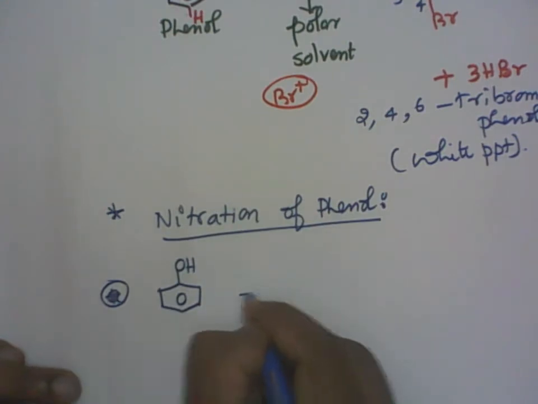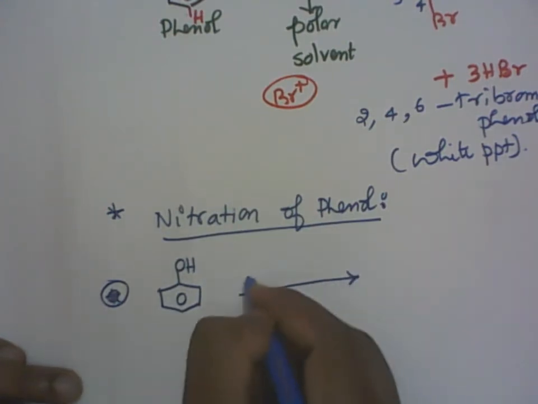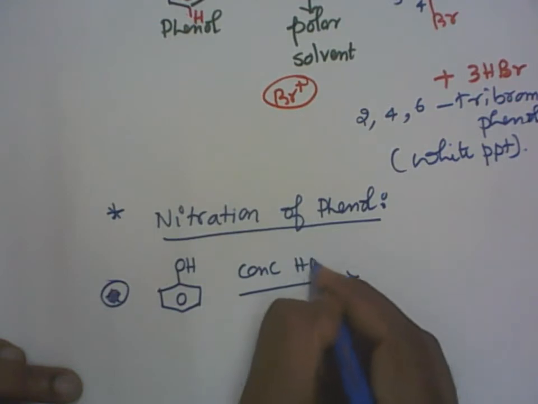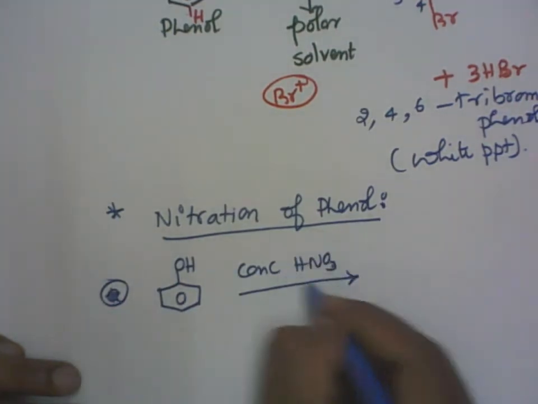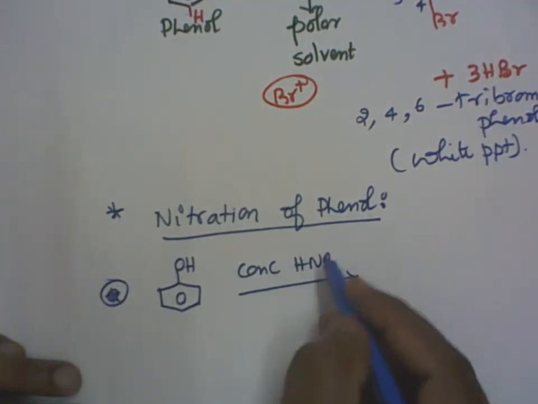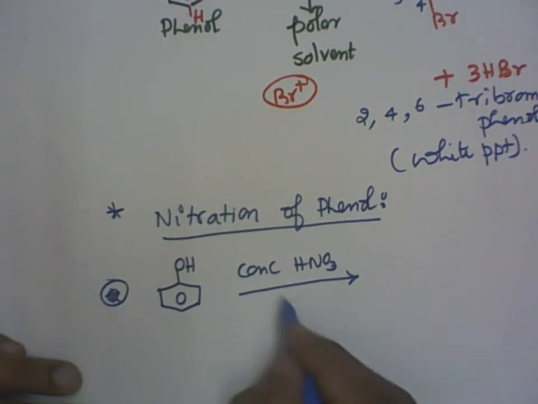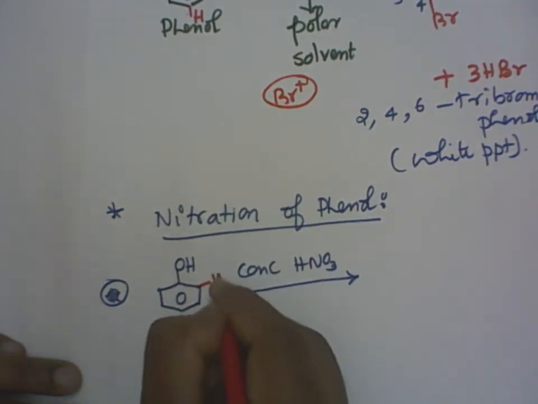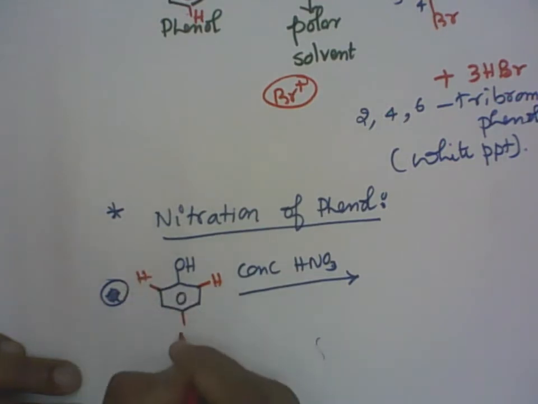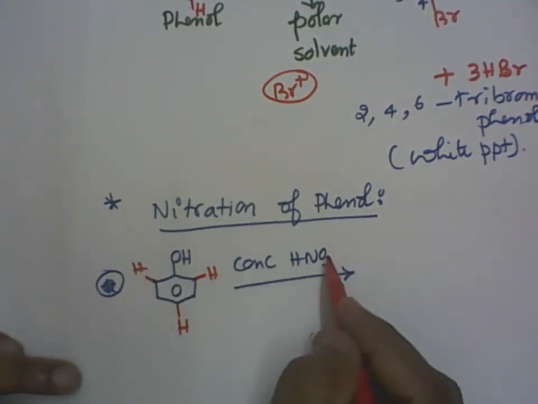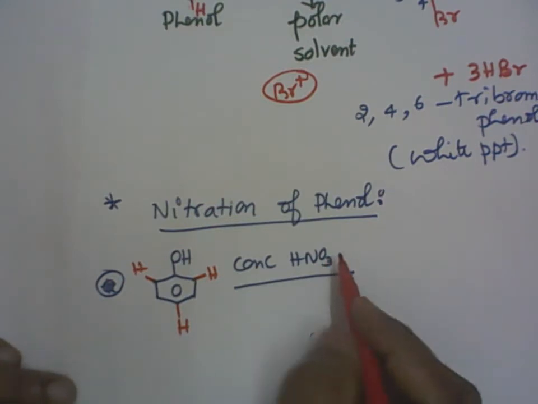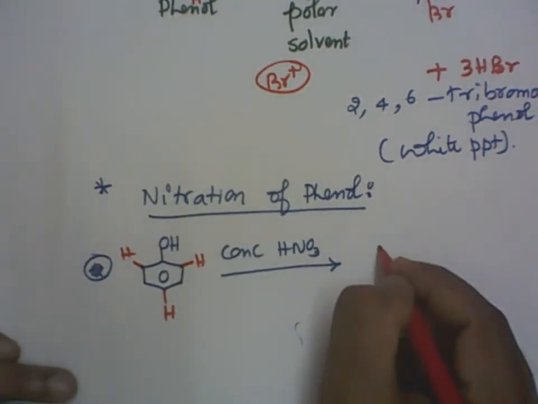reacts with concentrated nitric acid, HNO3. Concentrated nitric acid contains more NO2 plus, it generates more NO2 plus. Therefore, it easily attacks both the ortho positions and one para position. So, during nitration, remember we have to introduce which group? We have to introduce the NO2 group, NO2 plus. So, we'll get now